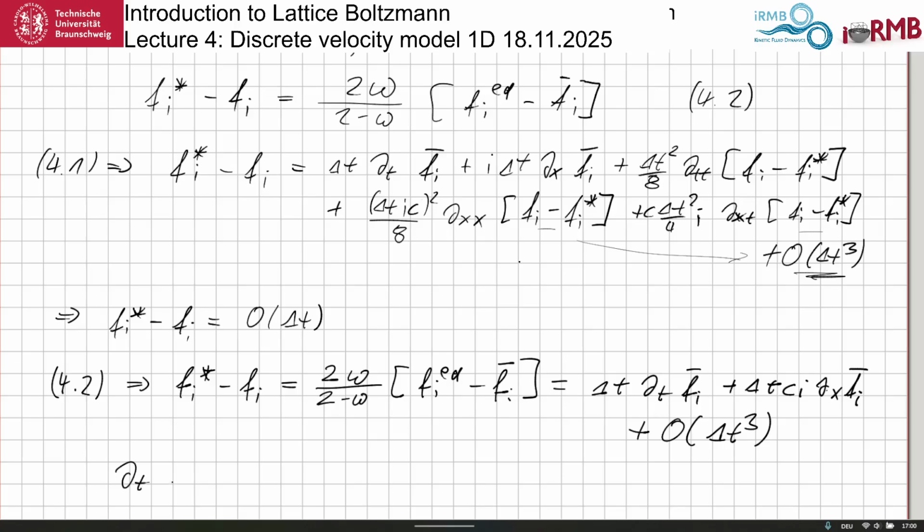So we have dt fi bar plus I. Now we don't get rid of the c. Dx, yeah, I mean, it's correct. I mean, c is I times c, right? So ic dx fi bar,